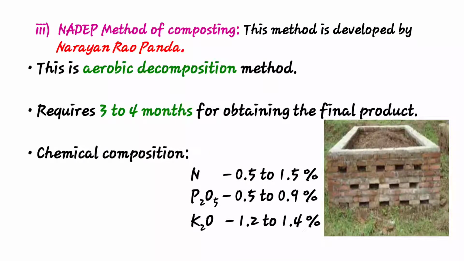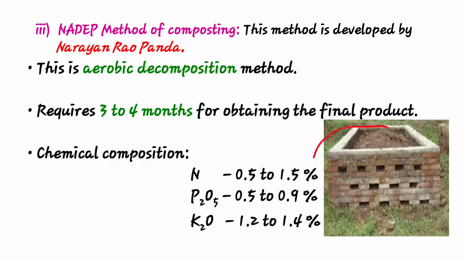Then see the selection of site and construction of the tank, how to select the site and construct the tank above ground level. The tank should be located near the cattle shed or with easy access to the farm site. Also, the tank is constructed on the soil surface. The size of the tank is 10 by 6 by 3, meaning long, broad and deep. This tank is prepared with the help of bricks or mud.